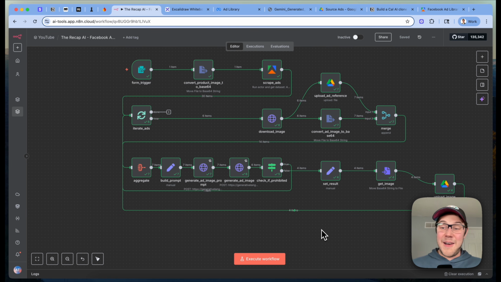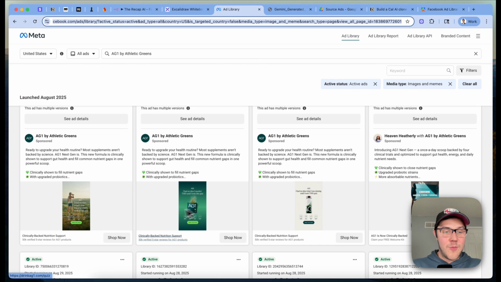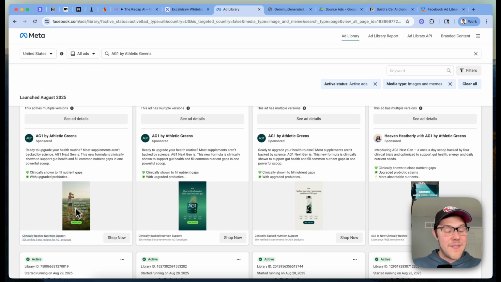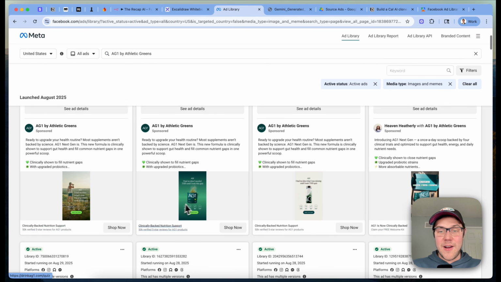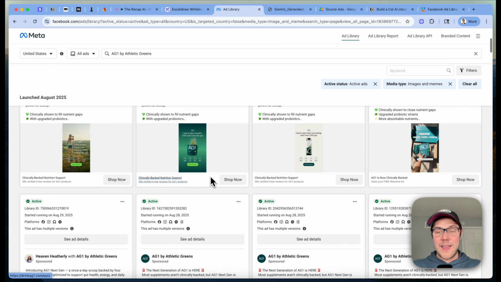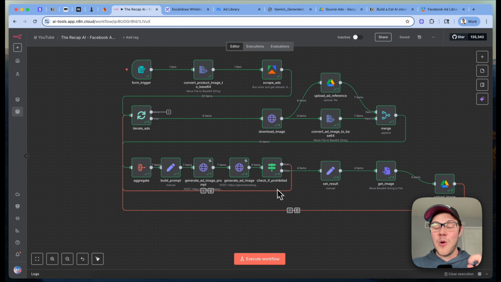And what I found was that it was really tough to write a generic prompt that could handle every single edge case we may expect to see across a bunch of different ads. When scrolling through here, we can see we have ads like this, where there's some simple text appearing along with a person in the background. We can see some of these other ads are featuring the AG1 product packaging, and some of the more complex ones have multiple packaging options of the AG1 product. And so writing a mega prompt to really handle all these scenarios was not working well for me when consuming